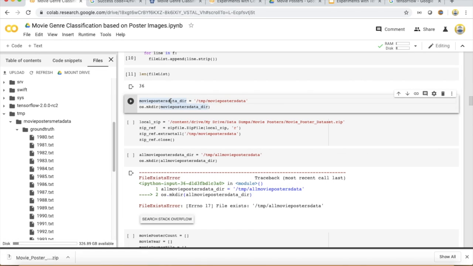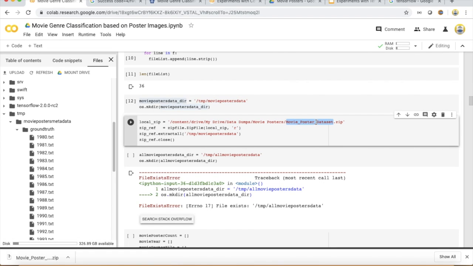As you can see here, I have given the name movie_posters_dir. I'm going to run this command so that it creates this directory. And same as before, I'm going to download this data file called the movie poster data set.zip onto my local drive, unzip it, and place all the posters into this directory called the movie posters data. And once I do that,